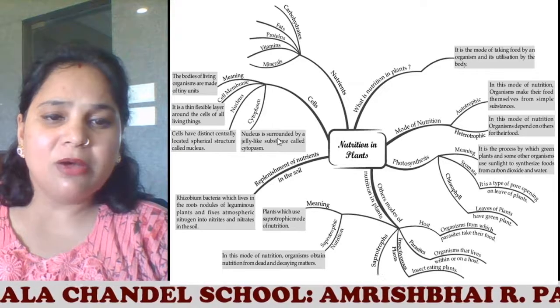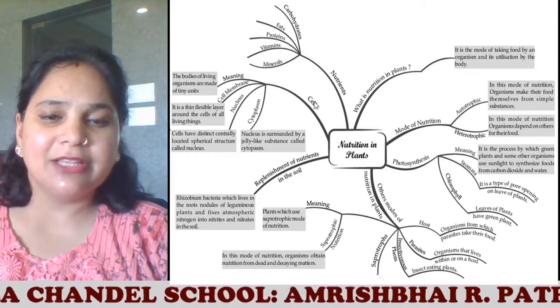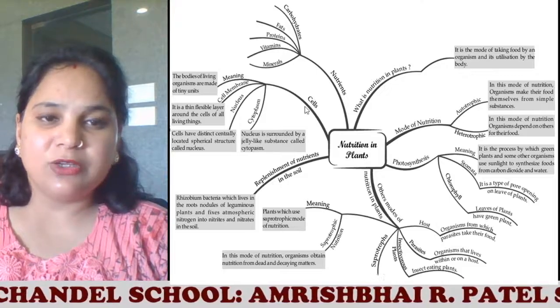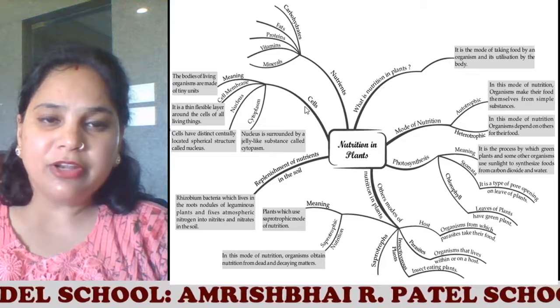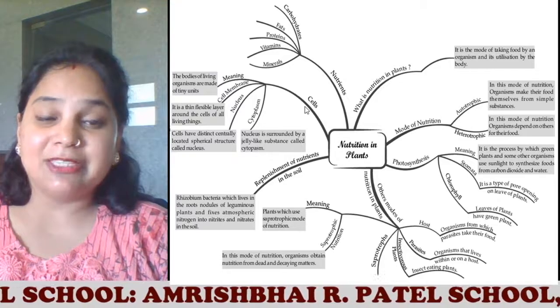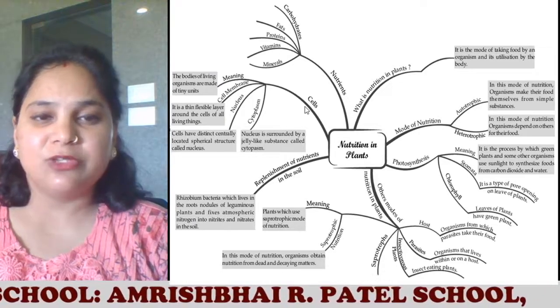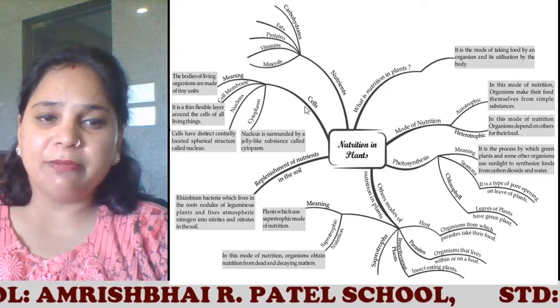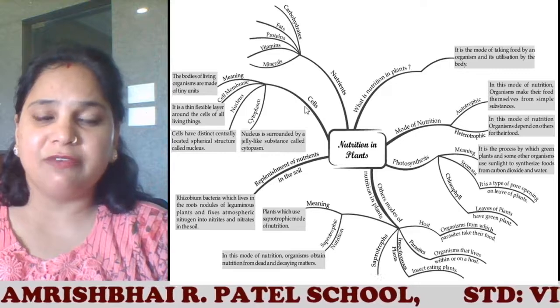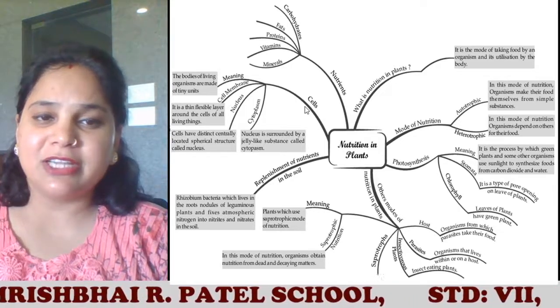Now, when we talk about the components of the cell and the cells, it means definitely we are talking about a very important part of the living being, that is food. Food is required by all living beings. It's a basic necessity of the living beings to survive. When we talk about food, it has various importance, various functions in our body, which we have discussed in our 6th standard.